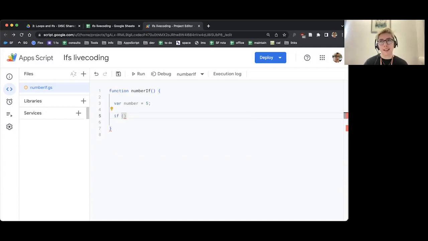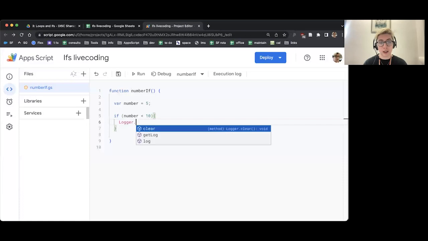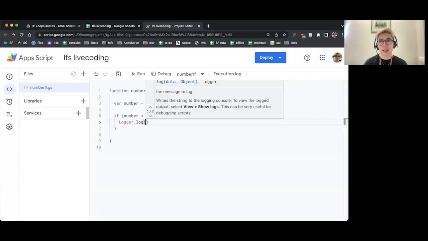And what I'm going to test is if my number is less than 10. So I'm going to write number, space, less than, space 10, like so. So if number is less than 10, then I'm going to do some of my good friend, the curly braces, and hit enter. And then I'm going to do some code inside these curly braces that would happen if it is true. So I'm going to write logger.log, brackets, make some quotes.